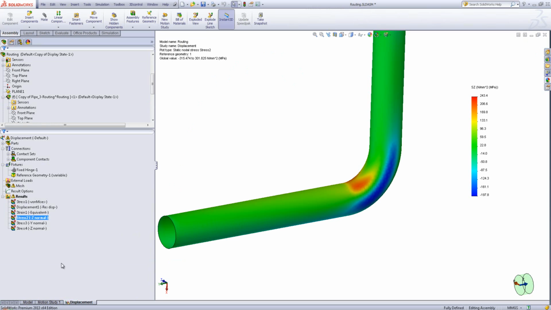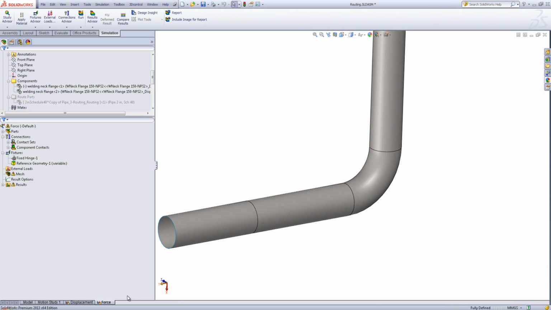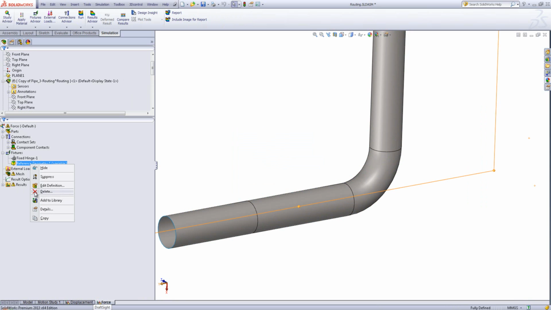Finally, what I'm going to do is go through and start analysing some different scenarios now. So what I'm going to first of all do is right mouse button on my displacement study and just duplicate this. In this case I'm going to call this study force. So you see now we've got exactly the same study setup, but in this case we've got a new study and it's called force. What I'm going to do is delete that first fixture,